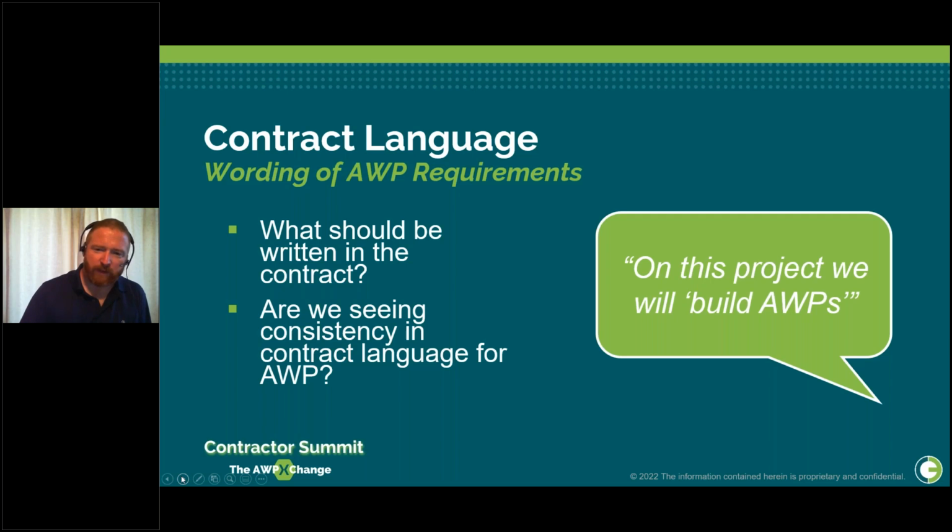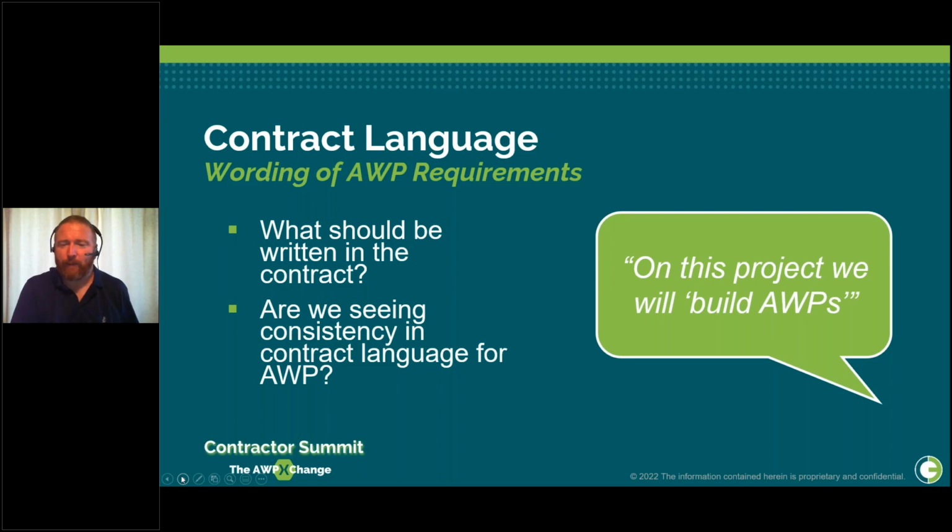And in terms of the wording itself, as with any other requirement, the intent of the contract language is to spell out the owner's desired standard for AWP. I always remember somebody telling me a contractor will perform to whatever level of requirement the owner sets, however high or low that is. You have to set the bar as the owner so that the contractor knows what they have to do to get over that bar. Now, none of this means it has to be included directly into the T's and C's, the terms and conditions section, the very legalese part of the contract.